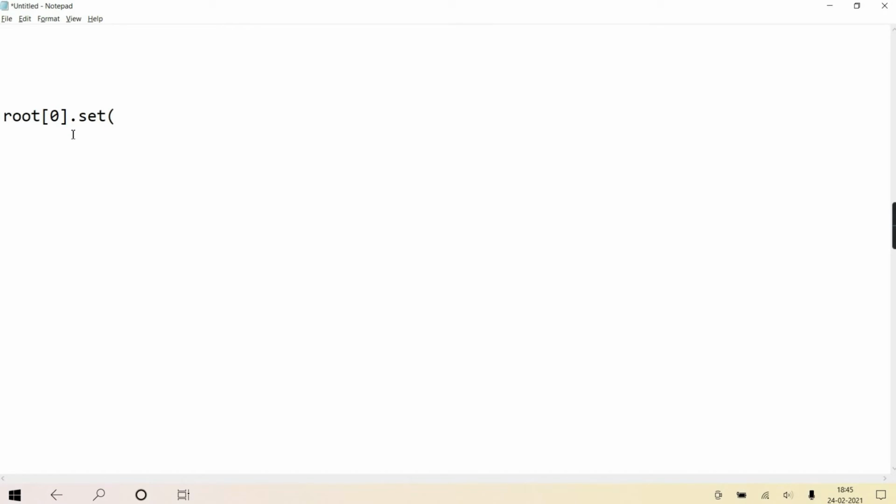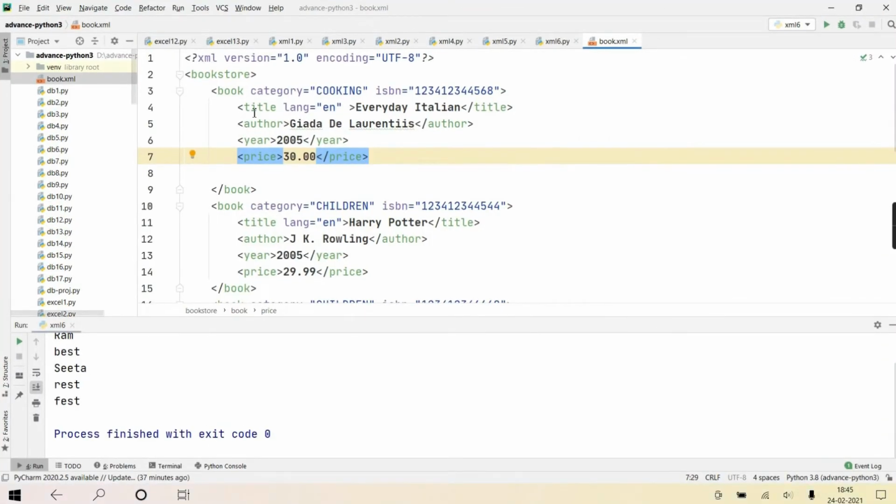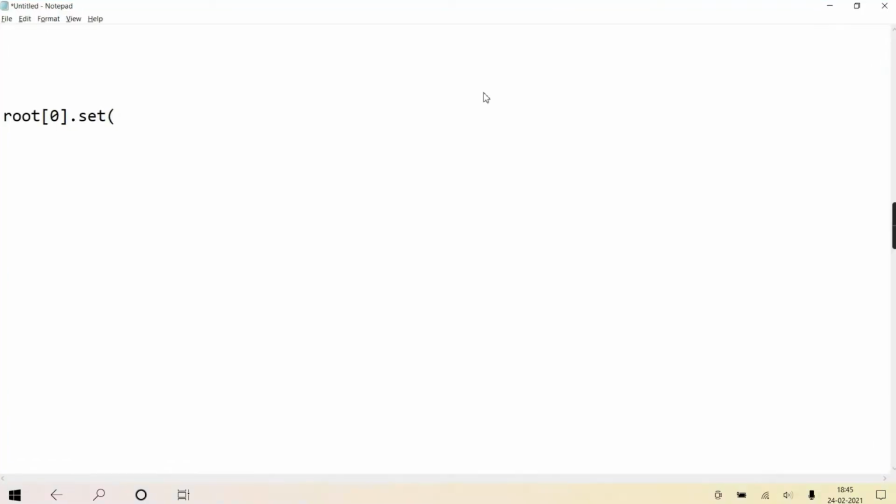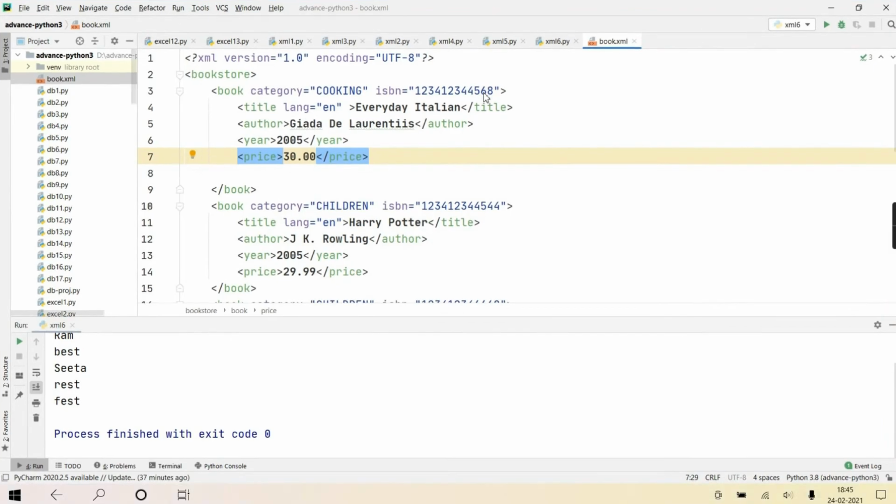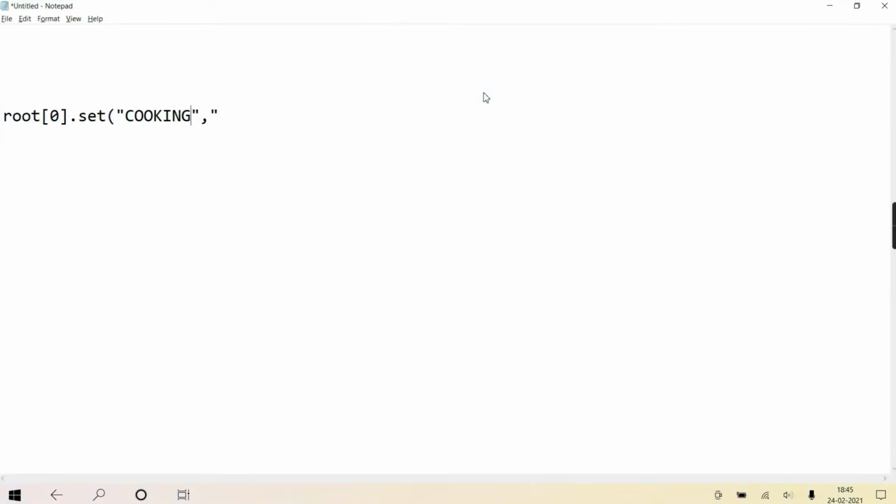Okay, so root of 0 dot set. Now there are two attributes already. Suppose I write attribute category, comma, and the value cooking. I am changing it. Get it? The attribute is category, and the value is cooking.